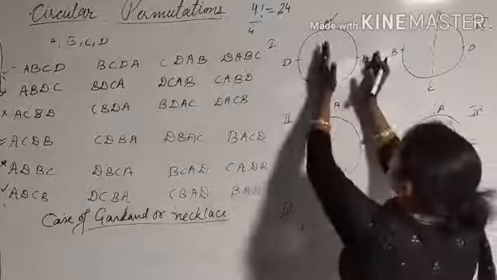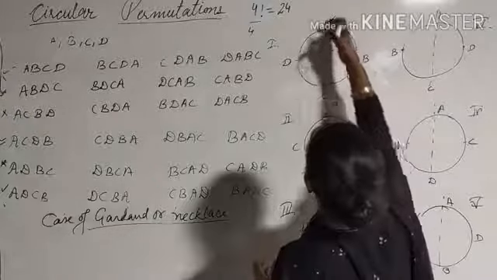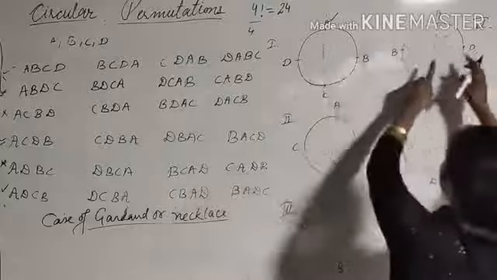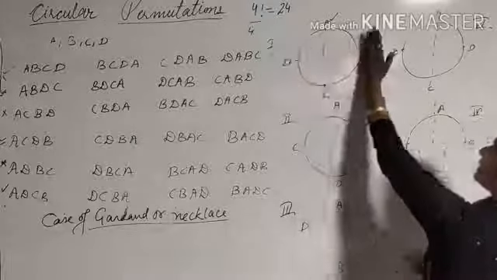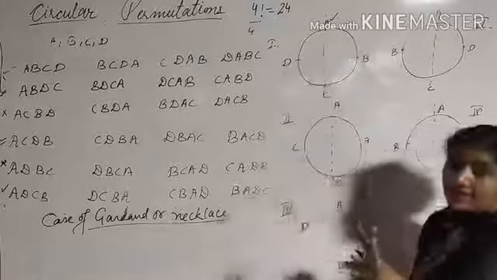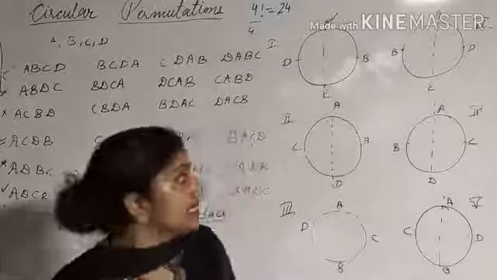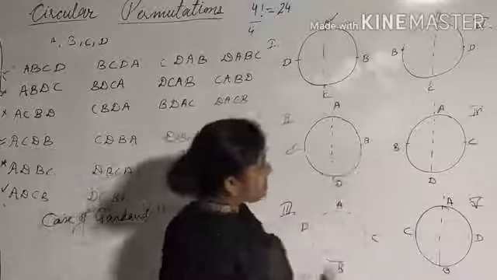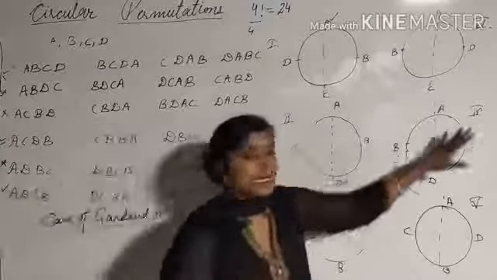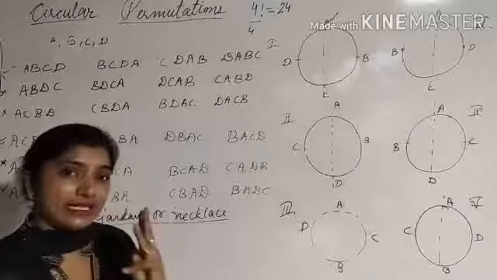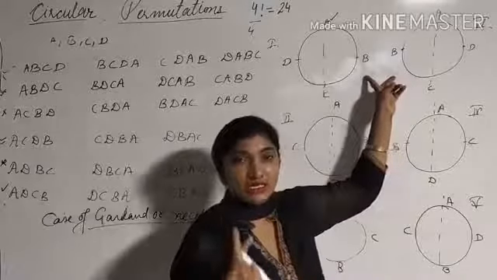Now see, if you flip this necklace around this vertical line, you'll get this necklace. B will come at this position and D will come at this position if you flip the same necklace. That means these two arrangements give the same necklace. Similarly these two arrangements give the same necklace, and similarly these two. So out of these 6 arrangements, we have only 3, because each 2 different circular arrangements give the same necklace